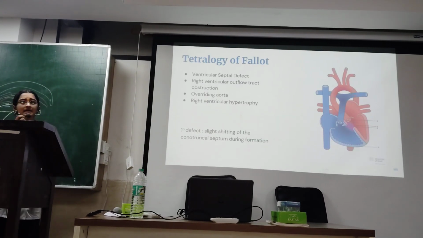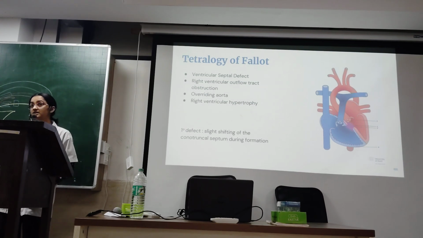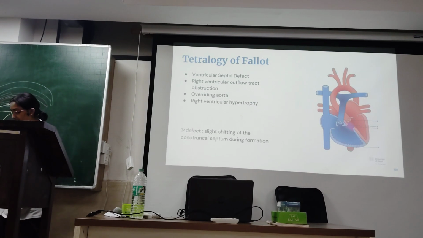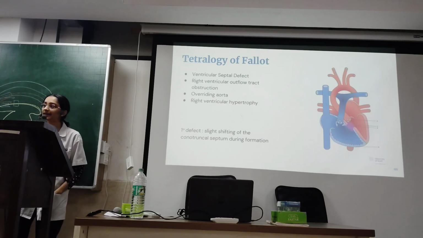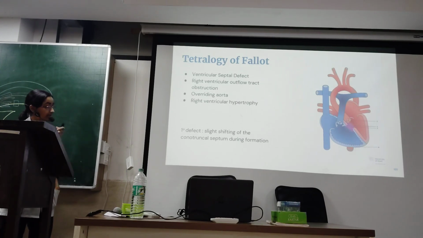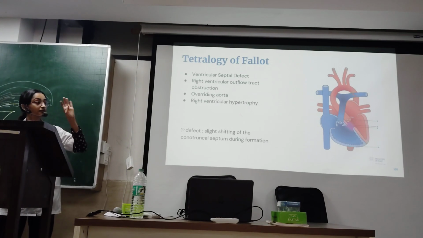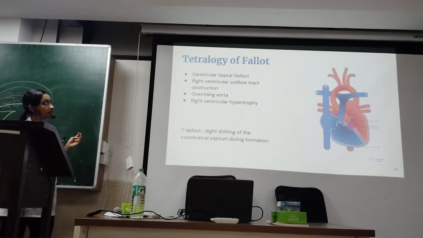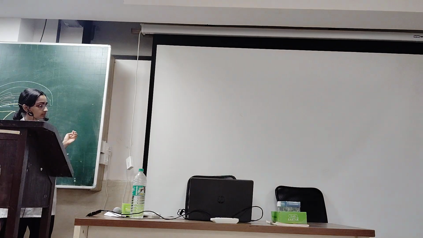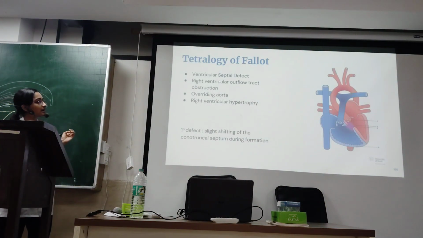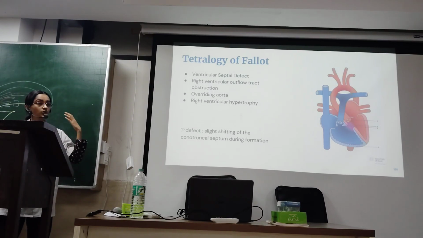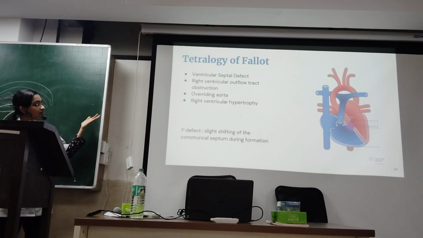We now move on to cyanotic defects. Tetralogy of Fallot was for the very first time clinically explained by a man named Fallot in the year 1888, and he described the condition on the basis of 4 specific traits. These include a ventricular septal defect, a right ventricular outflow tract obstruction, which refers to pulmonary stenosis. You have an overriding aorta and a right ventricular hypertrophy, which is again a compensatory mechanism to deal with the